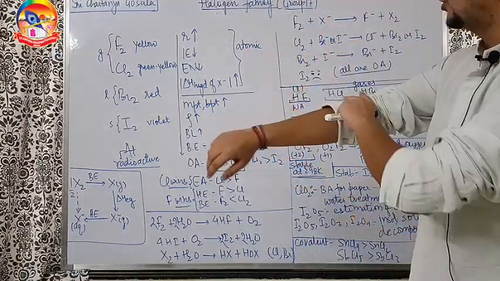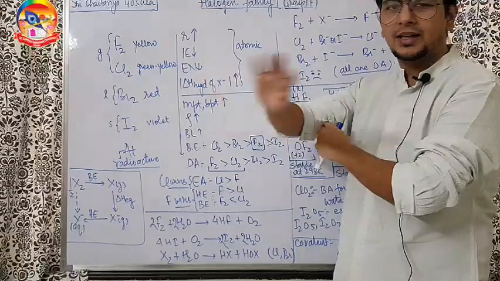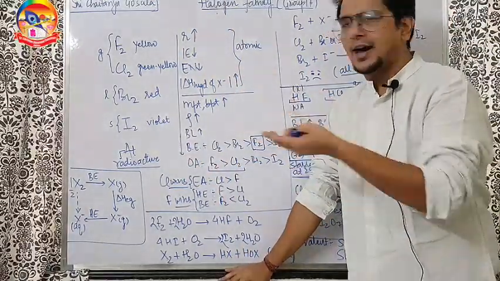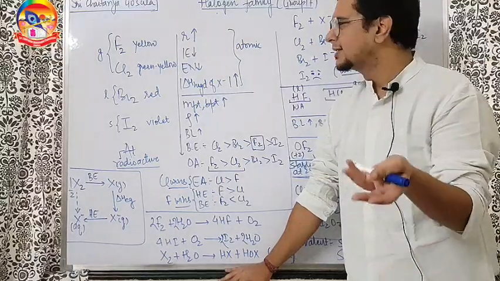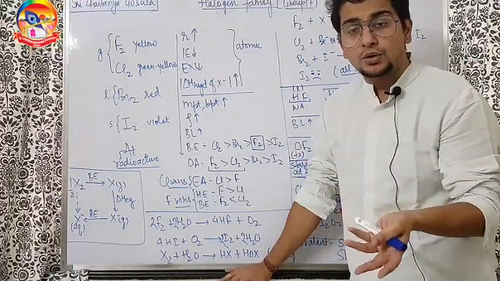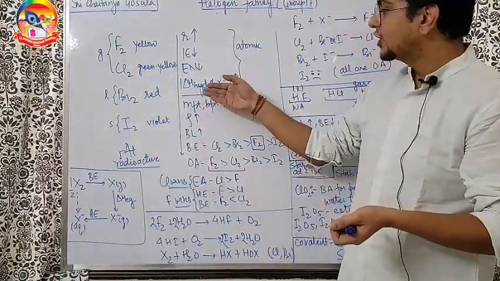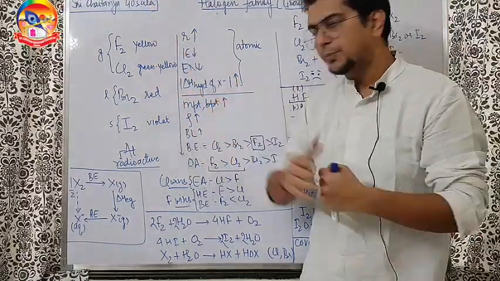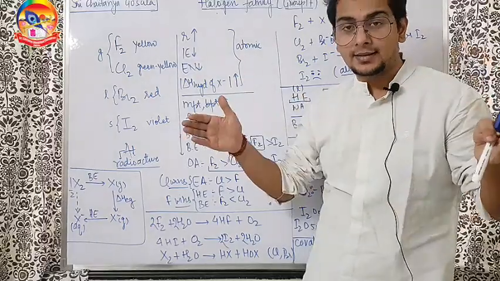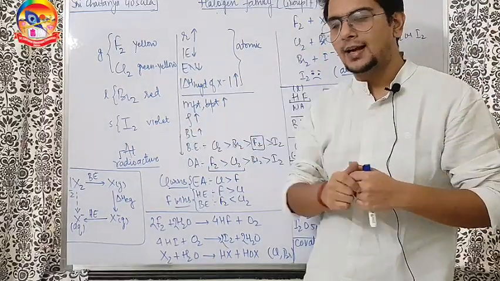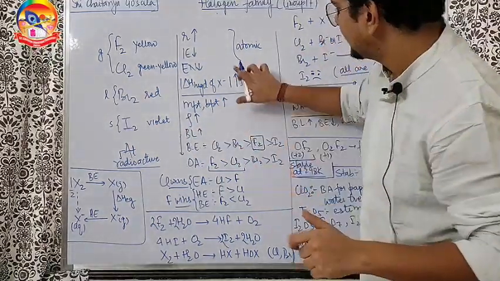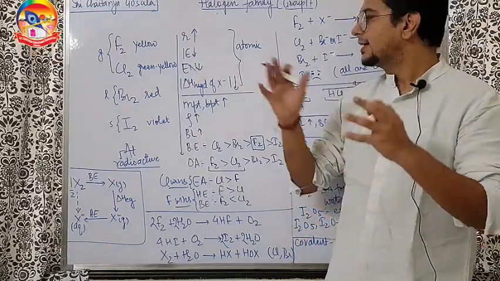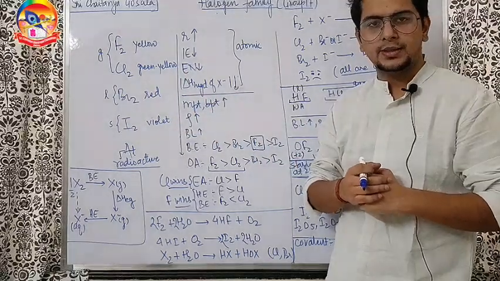Now, top to bottom, talking about the atomic properties. So there is no exception in any of the atomic properties here. Radius as normal, top to bottom increases. Ionization enthalpy always decreases top to bottom. That's the general trend. Electronegativity also decreases as usual. Hydration enthalpy, very well we know for the X minus ion. As we go from top to bottom, the size of the ion increases, and larger ion means lesser hydration enthalpy. So hydration enthalpy decreases. So F minus will have the highest hydration enthalpy, I minus will have the lowest.